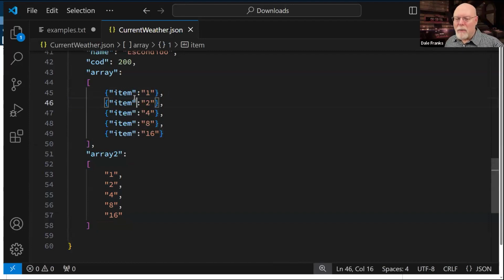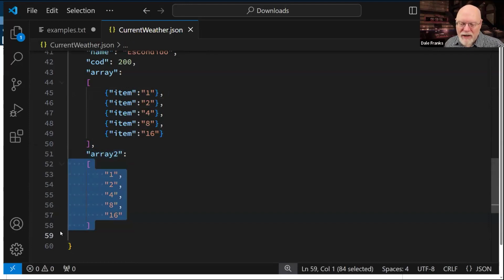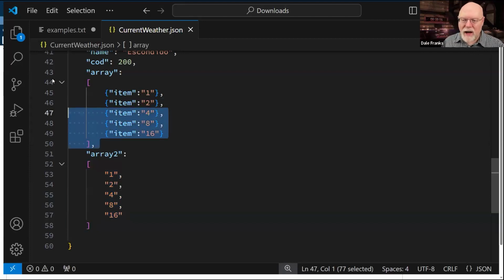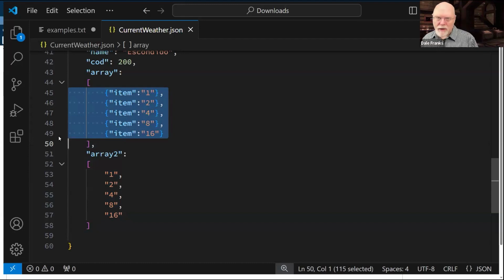So the number of characters has dropped from 12 to 3. So in terms of the data itself, this array is 1/3 of the size of this array in terms of the data that I'm getting returned.